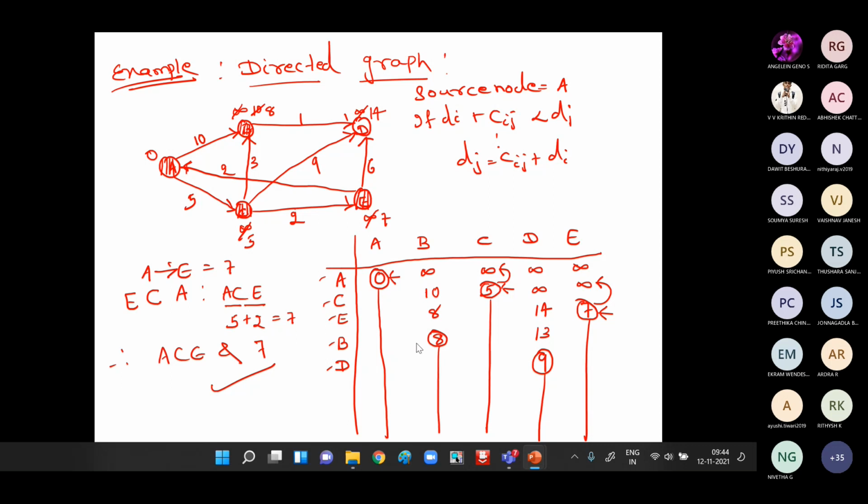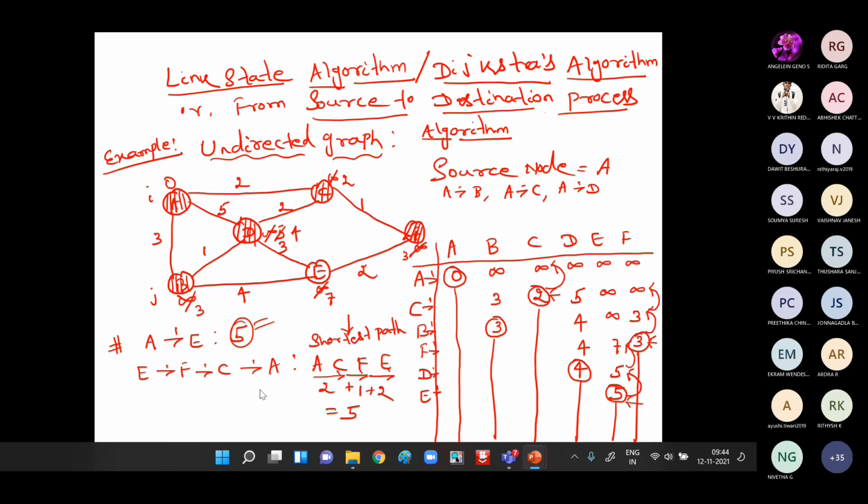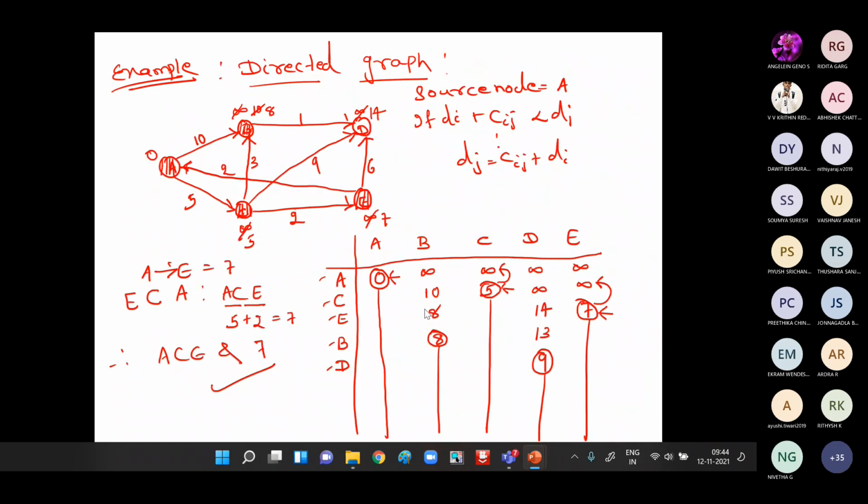In the previous example also, for A to F, you have to proceed like that. The path you have to show. I have shown for A to E, you have to calculate for A to F, A to D, A to C, A to B. You justify in this way only. Don't stop your calculation or your answer within this table. You have to show this path also as well as the cost justification. Then only you may get the 10 marks. Okay. So these are all about your link state algorithm with directed graph and undirected graph.